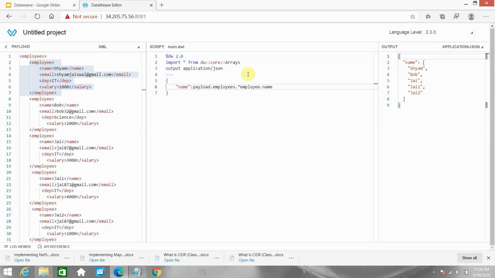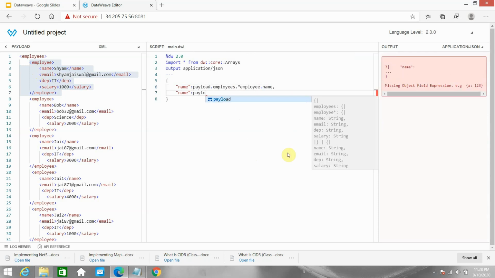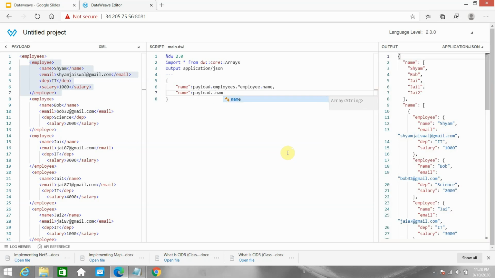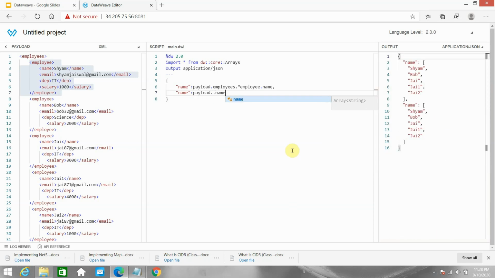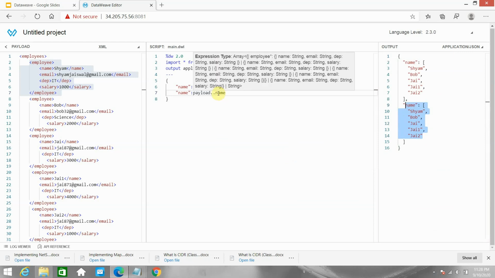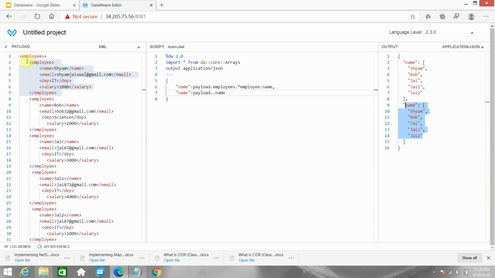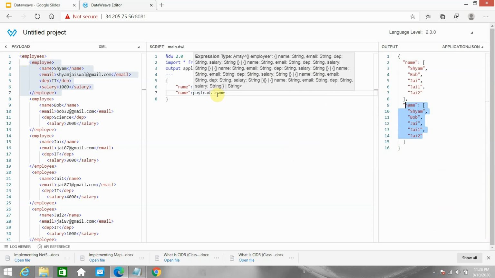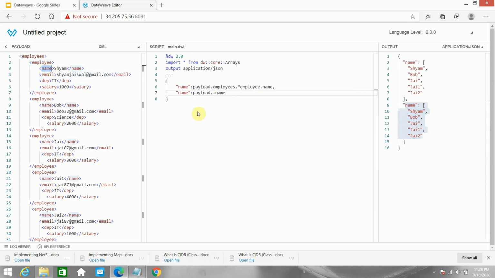This is a bit of a complex syntax. Is there any easier way to directly access the name? Yes, I can say payload dot dot name, and it returns the same thing. So instead of traversing from employees to employee to name, you can simply use dot dot and traverse directly to name.